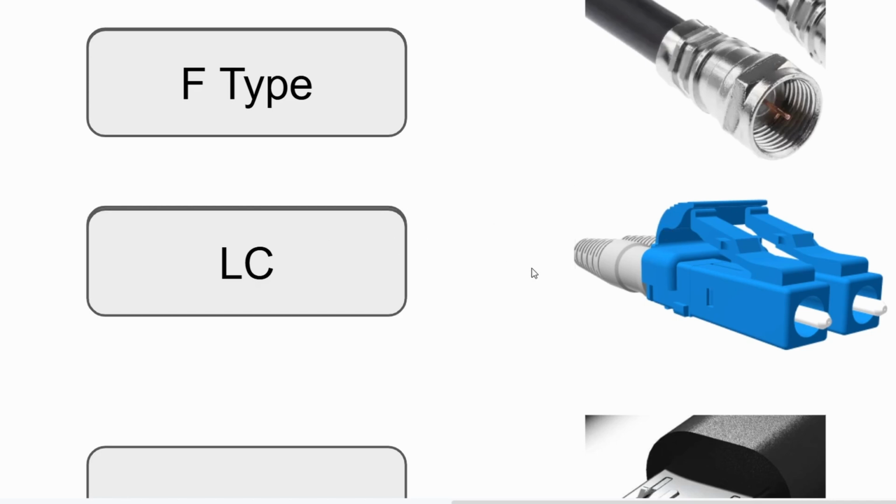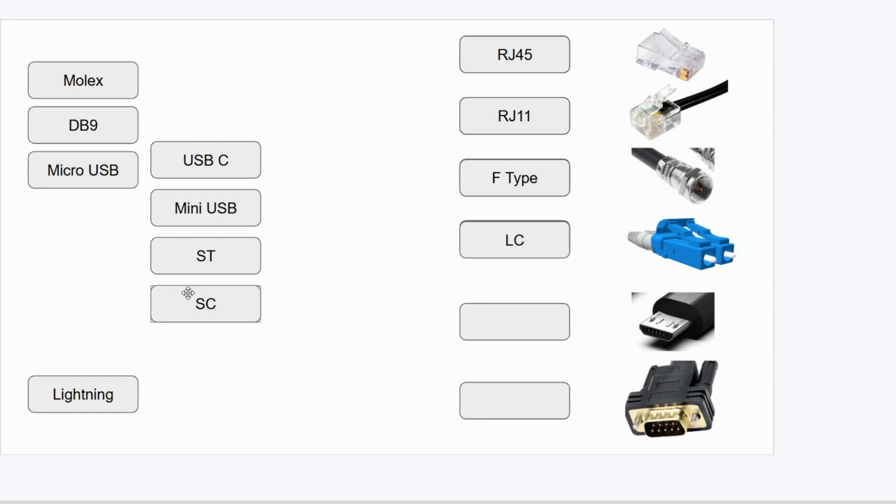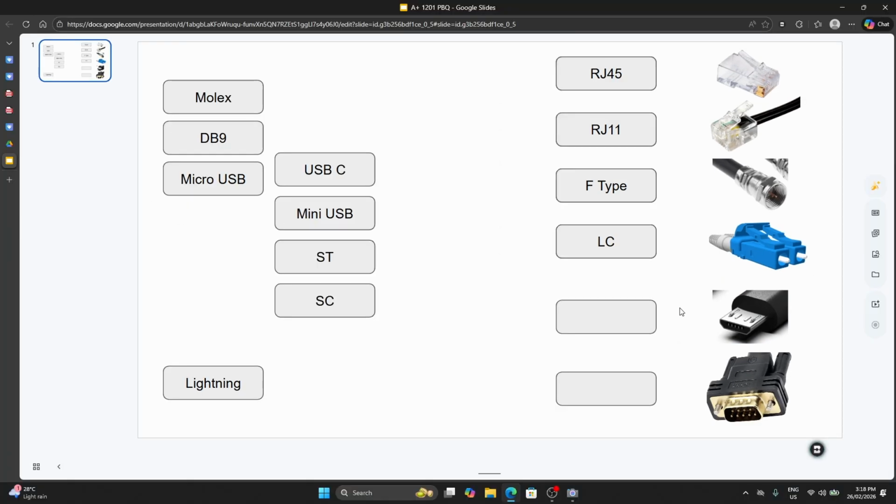So the LC has a lock, whereas the SC does not have that mechanism. So that is an easy way that I identify that. And I differentiated between those cables when I was taking my exam. We then move on to this cable here, which is, in fact, yes, I'm sure you got this one right. Hopefully you did. This one is a micro USB